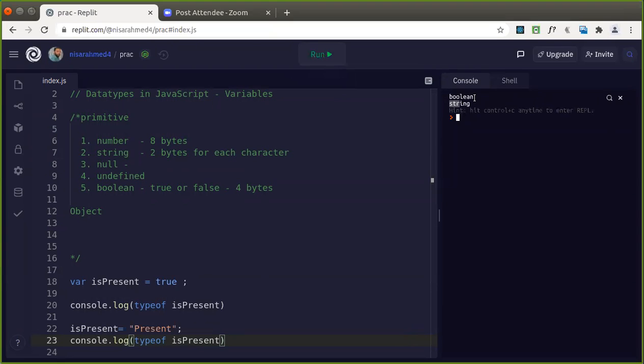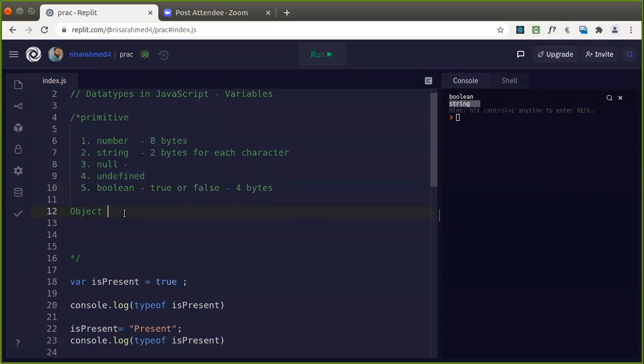Now just see why JavaScript is dynamic. Here it got typeof as boolean, and I have assigned a string here. So in this case you got the value as string. Good. So based on the value, it will automatically adjust. There is something more to this in depth; I'll cover that by the end of the session. Good. And these are used to store primitive types, to represent the scalar values.